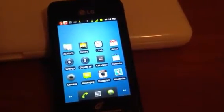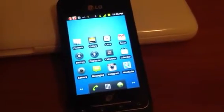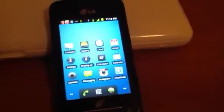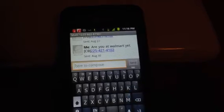There's so many different features to this phone. There are some really handy tools that I have found very useful. So I'm going to go ahead and show you some of those. First, I'm going to go ahead and share one of the messaging tools with you. I already have something typed in the text, but one feature that I really loved about this phone is the